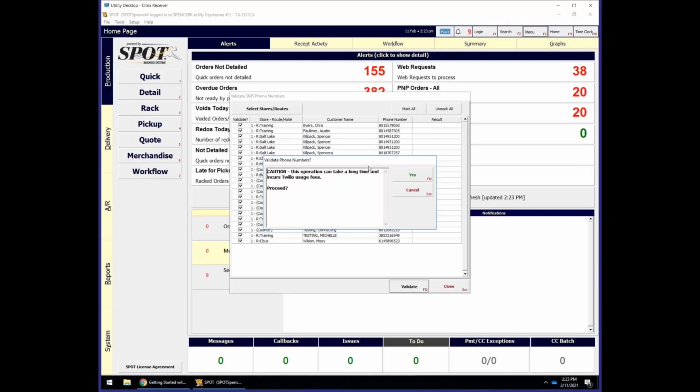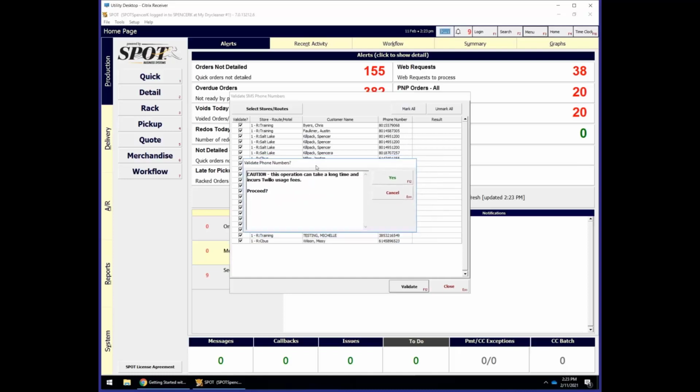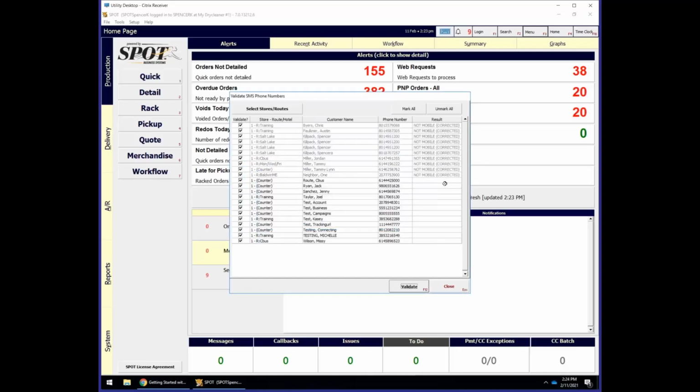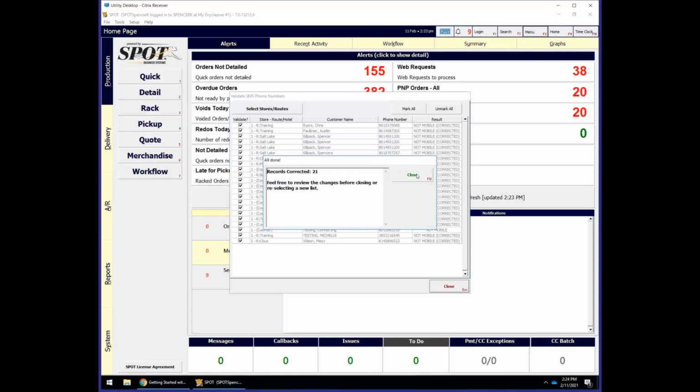So you can just take that for what it's worth. The good rule of thumb is for every 10,000 customers, it will cost you $50 to do this. It is well worth it doing it the initial time. So I'm going to say yes, and you'll see that it has now